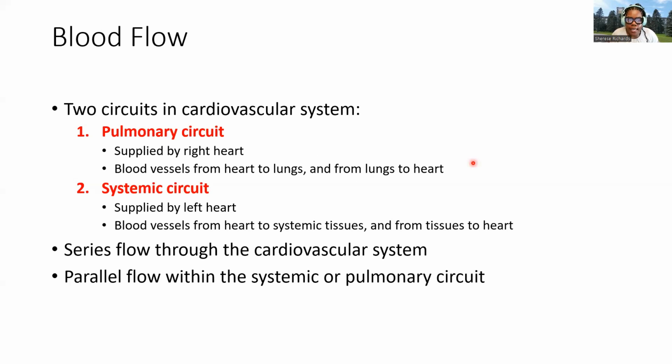Okay, let's continue to discuss the series versus the parallel circuits. So we'll speak about two circuits in the cardiovascular system. The pulmonary circuit, which is supplied by the right side of the heart. So this is where oxygen-poor blood leaves the right ventricle, goes out to the lungs, and this is how it can pick up oxygen and be reoxygenated by the capillary beds that are